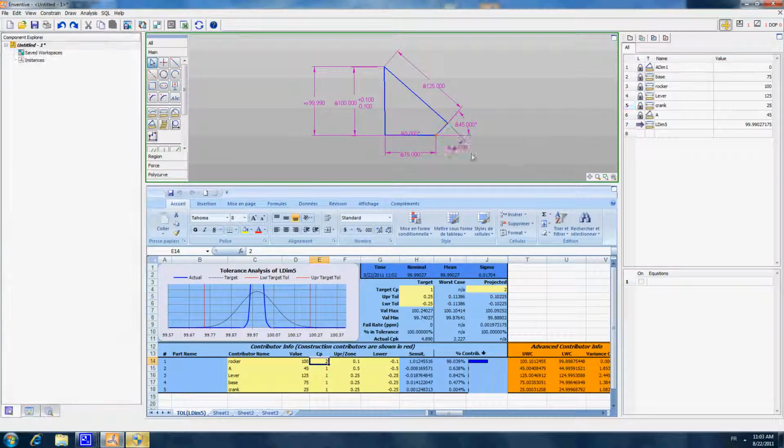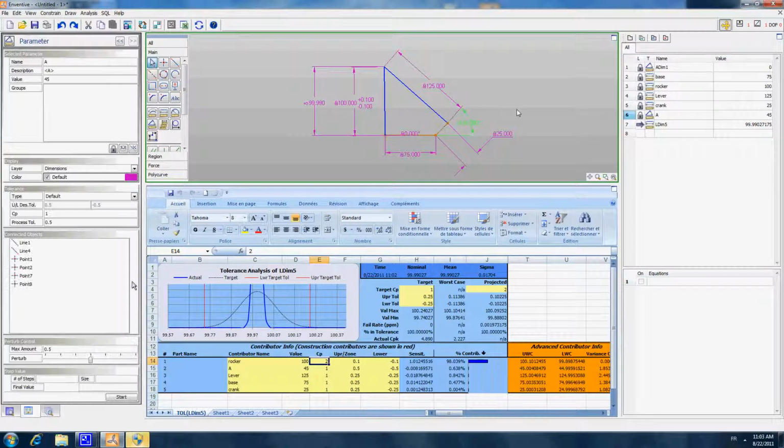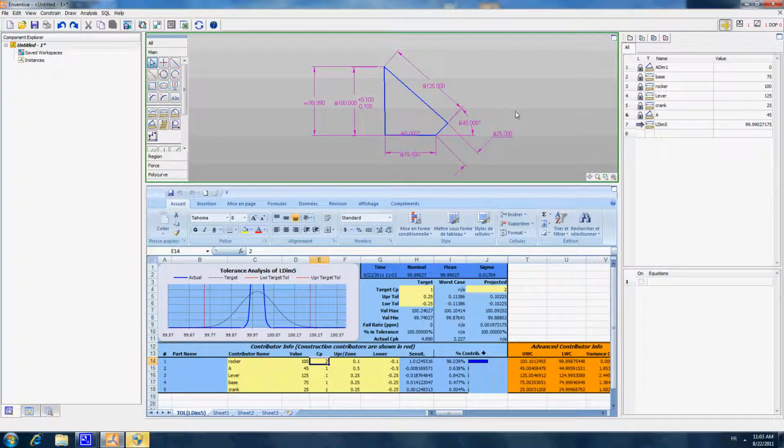As you will see in the next demonstration models, there are of course a lot more that Inventive can do in terms of complex contacts, forces, torques, frictions, taking into account thermal expansion. So this will be presented in more advanced models.